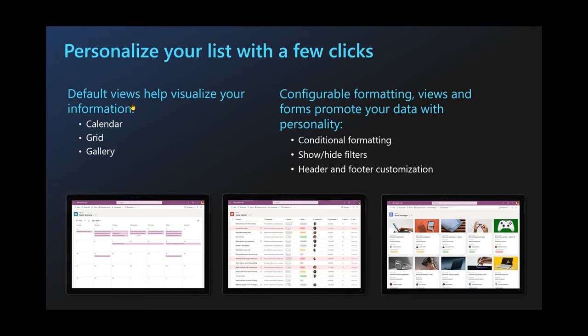However, I want to do one from blank today, but we do have tons of templates for you to choose from. So for example, if you want to create an issue tracker, it shows an example of what the one they've pre-built looks like. So you've got the issue, a description of the issue, the priority, the status, and so forth. If you use this template, it will not import this information. It's only going to import the column headers to kind of save you time if you know you're trying to create something similar.